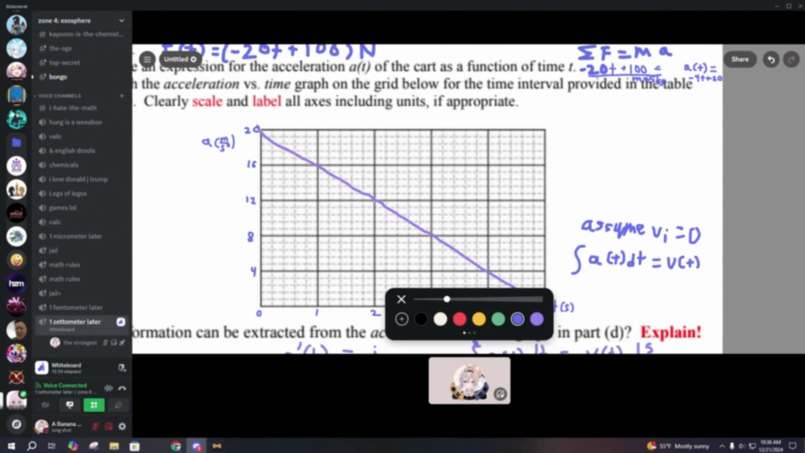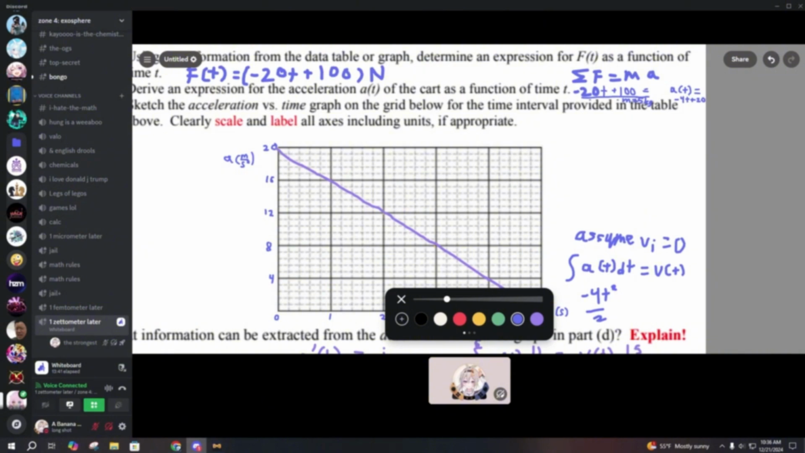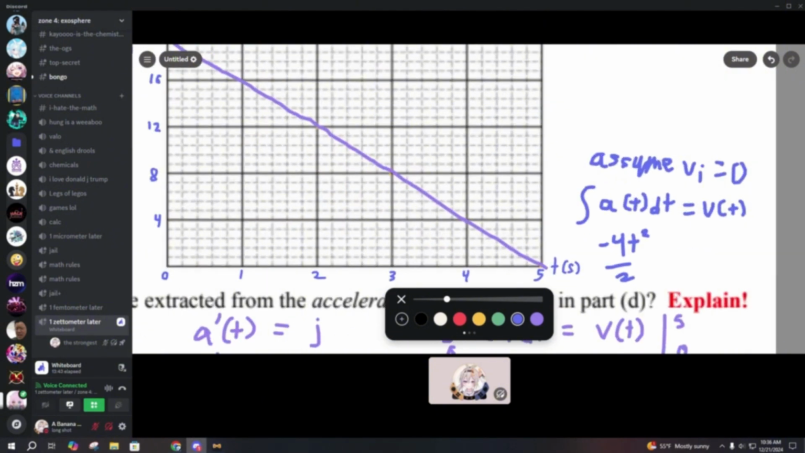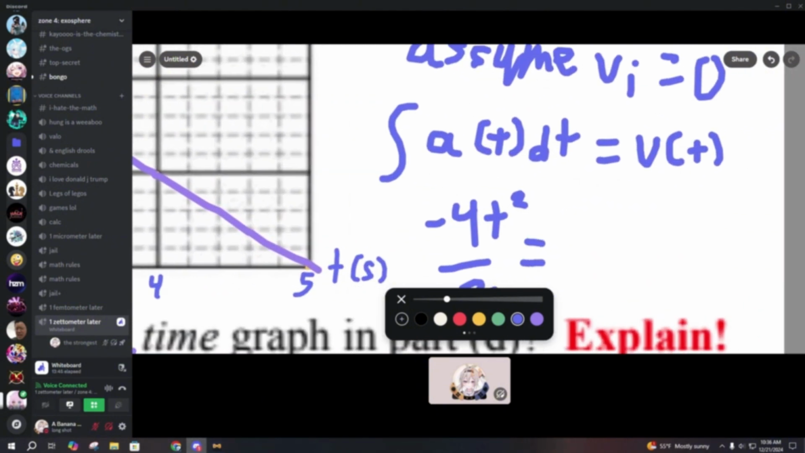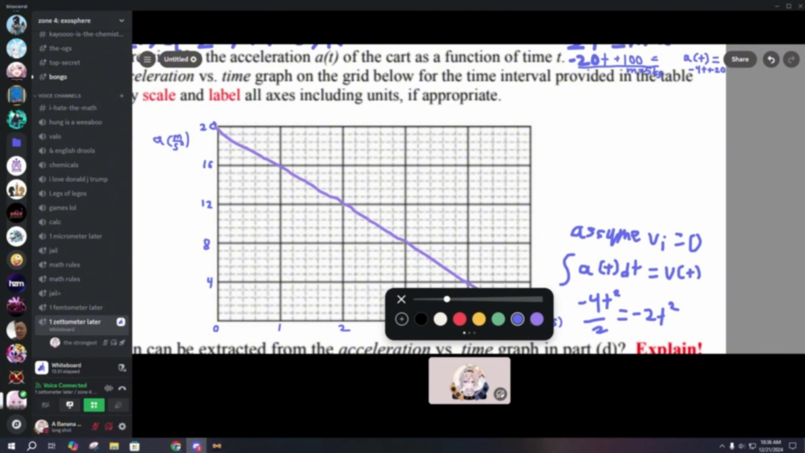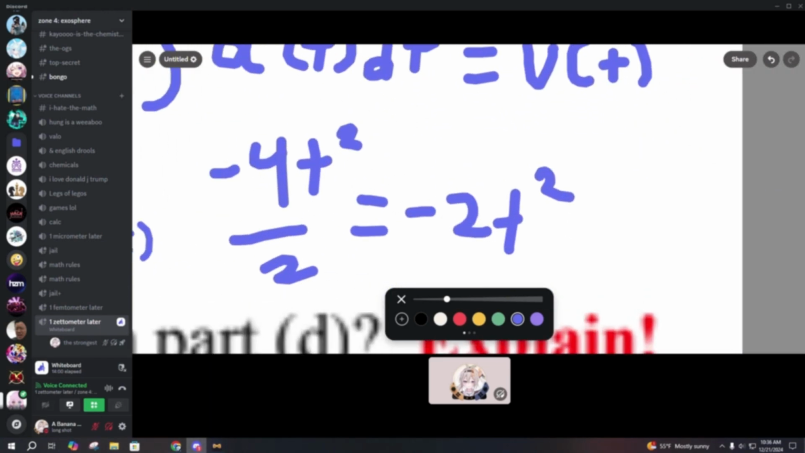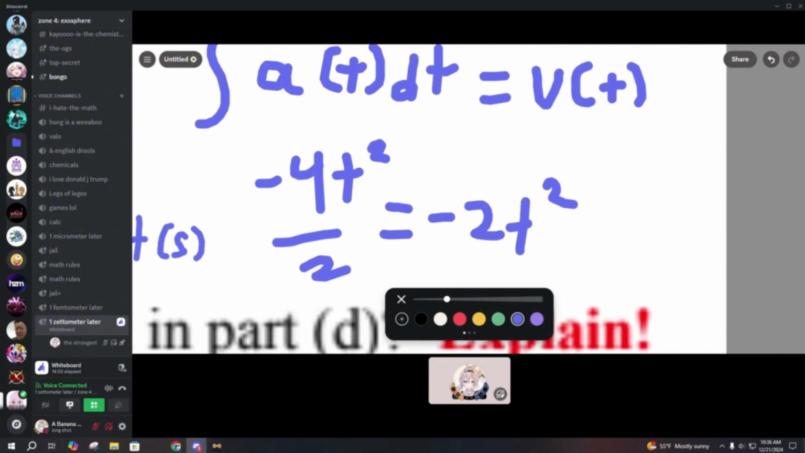A of t, integrate that, it's going to be negative 4 t squared over 2, because you add 1 to the exponent and divide by that exponent, and that simplifies to negative 2 t squared. And then the constant, I just need to add t to that, because if I were to differentiate that again, that would get me the 20, which I'm integrating. So that's how integrals work. They're the antiderivative. So then, it's going to be plus